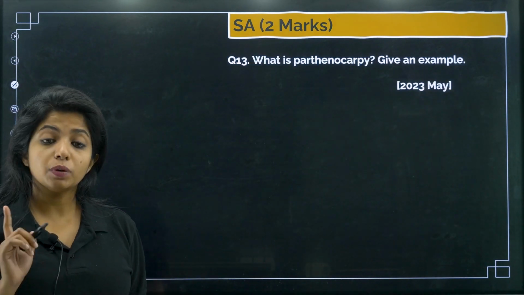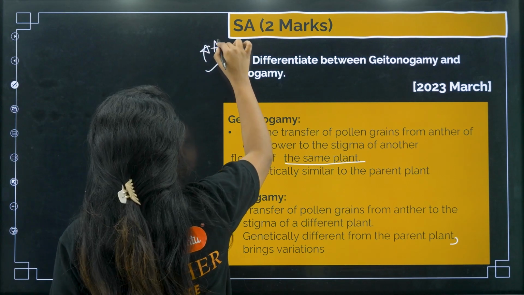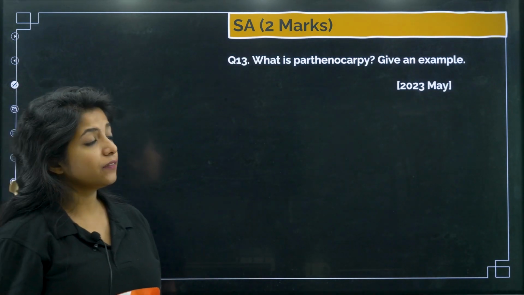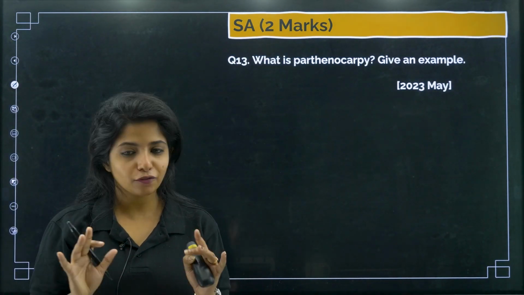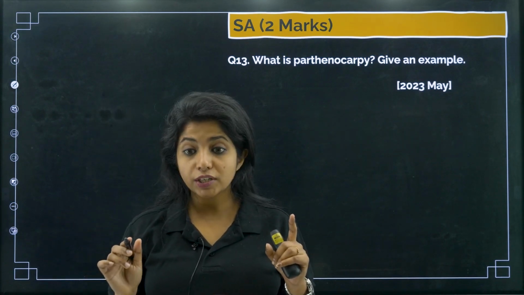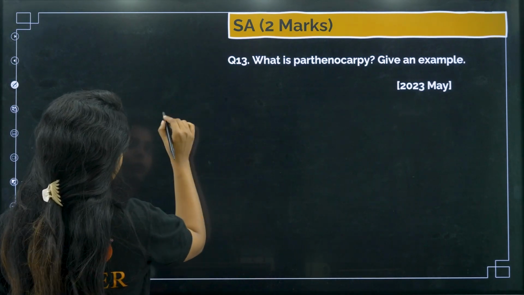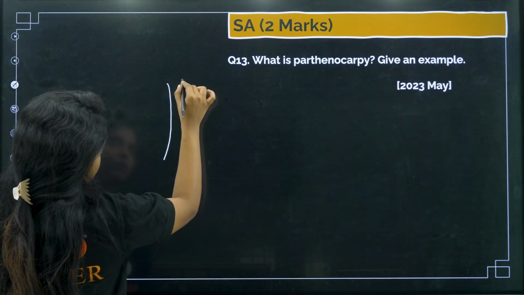And this is a question that is being repeated also, so I will put three stars. What is parthenocarpy? Give an example. So in apomixis, if you remember what I said, that was when the ovule. Okay, so I will tell you something about the female reproductive system. Over here,